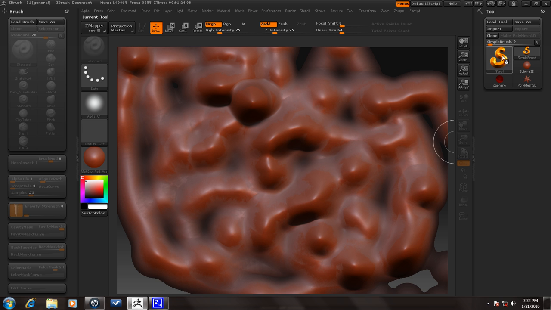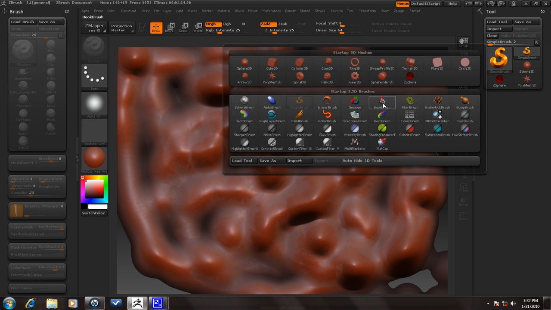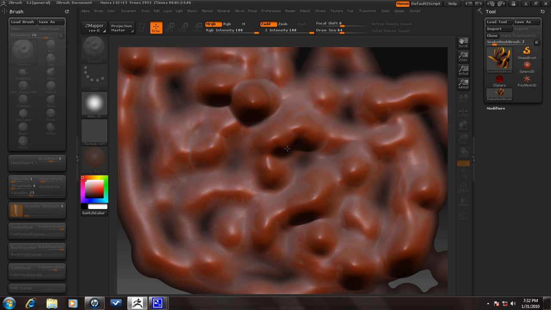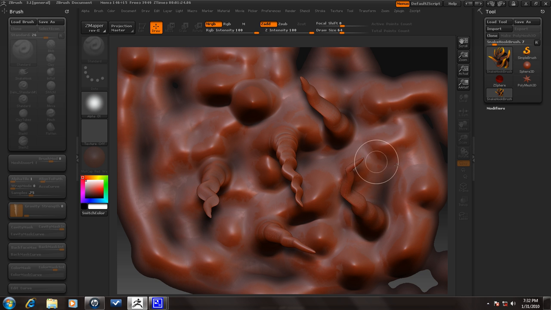So there's a lot of 2.5D brushes here. If we select this as our tool palette, go ahead and select the snake hook brush just to try it out here, and you can left click and drag and do little squigglies here. I don't know why I said squigglies, but I did. So now you have all this here,